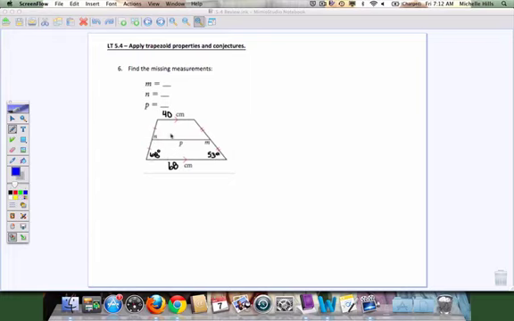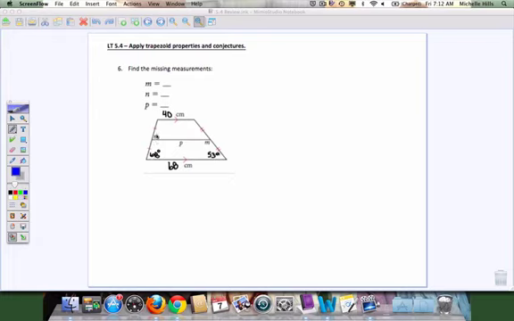Okay, so I have a lot of things going on in this trapezoid. First of all, it's not an isosceles trapezoid, I can tell because the base angles here are not congruent. But what I do know is that these three lines, both of these two bases and the midsegment here, are parallel to each other. So I do know, for example, right away that n, before I do anything else, n has